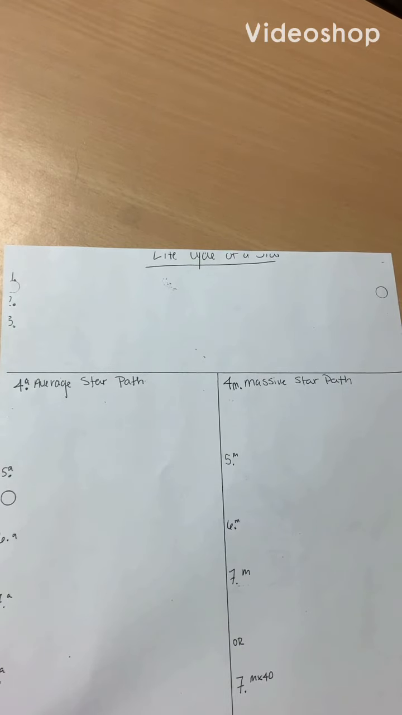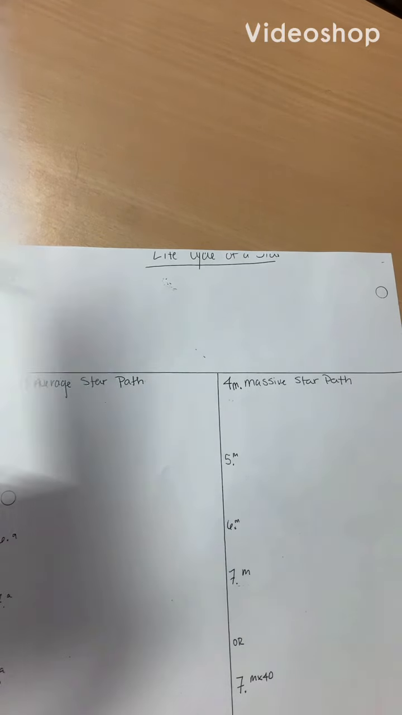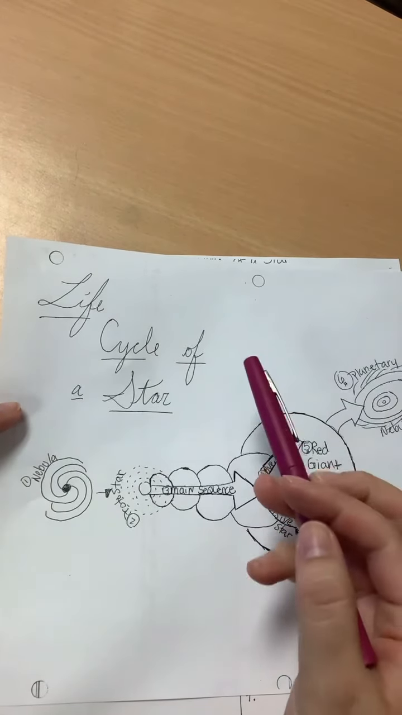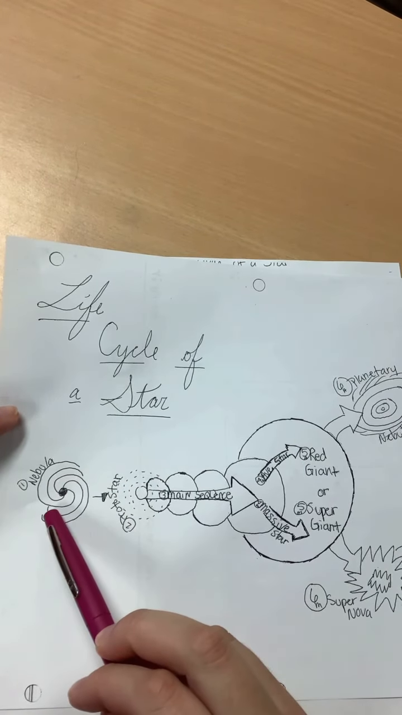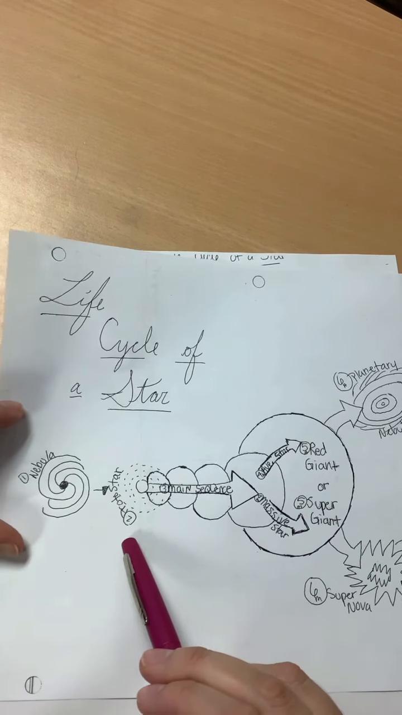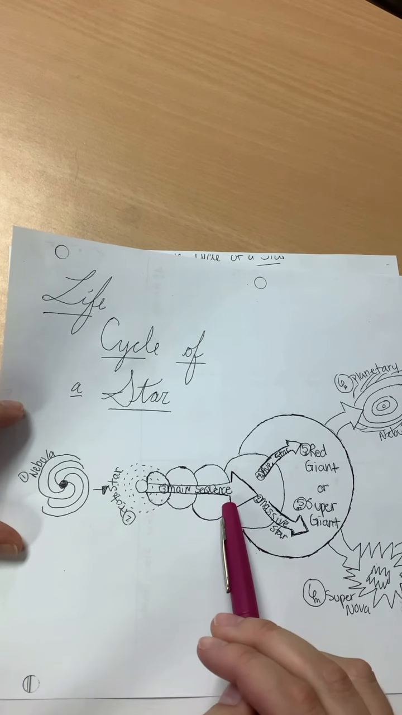All right, this is the life cycle of a star graphic organizer. Here's the front side that's actually showing you a diagram of the life cycle of a star. It starts off as a nebula, all stars do. Then it moves on to a protostar, then it becomes a main sequence star, and then depending on the mass